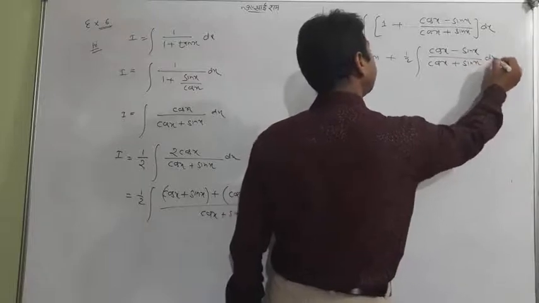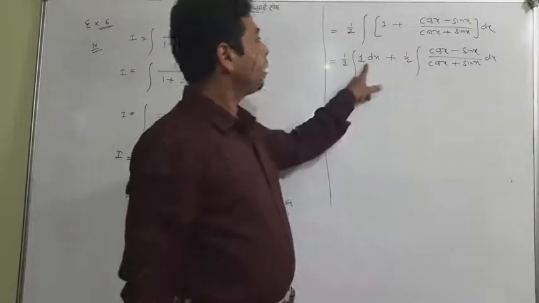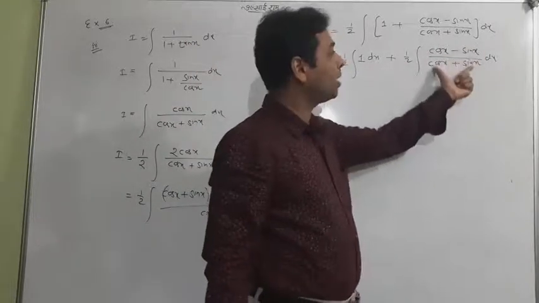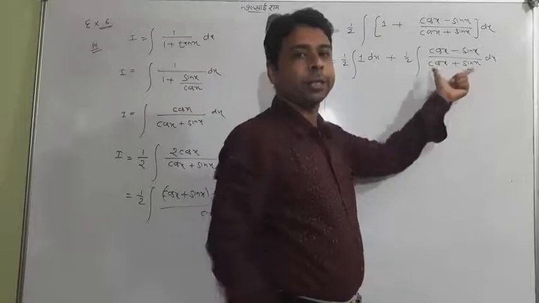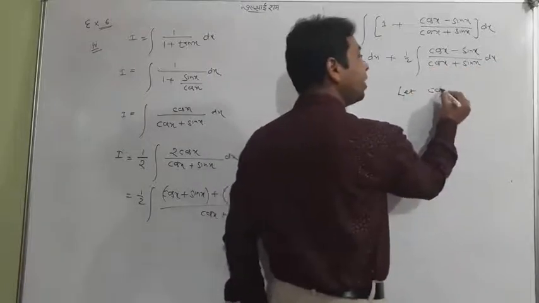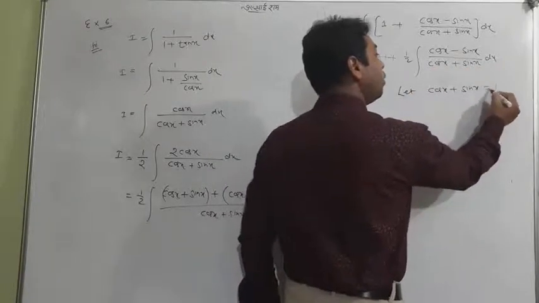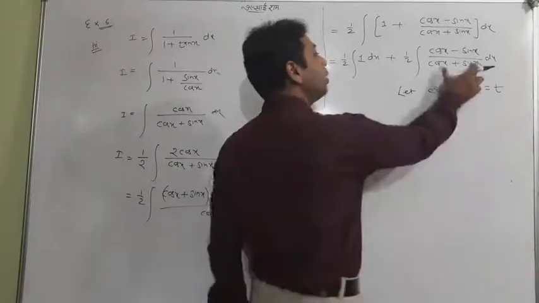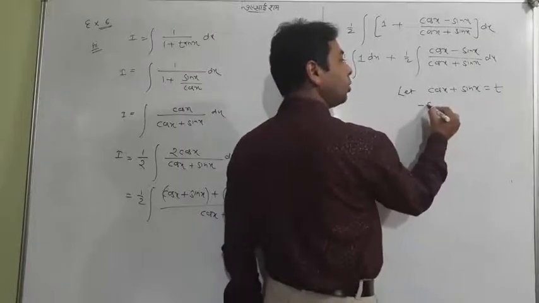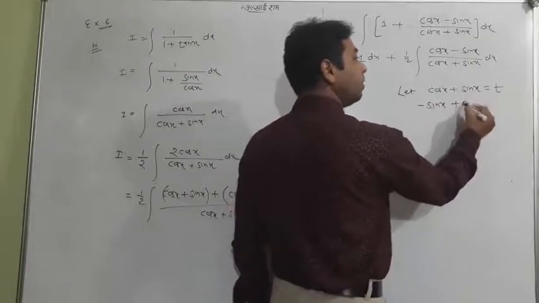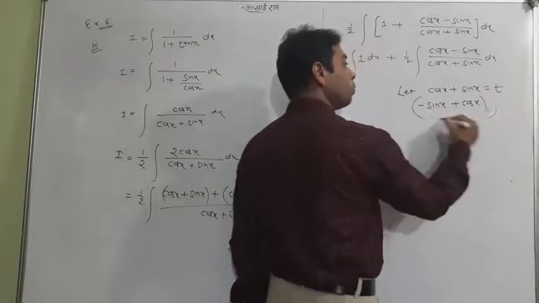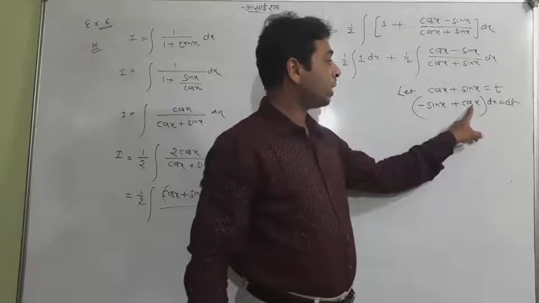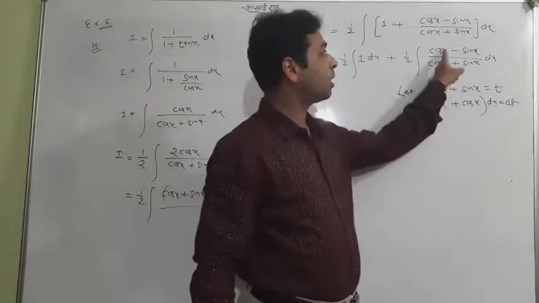Now students, you can simply integrate 1 dx is x. Now how to deal with this question? You consider t as its denominator. Till now you have known the method of substitution. When you consider t, what to do? Denominator equal to t. Cos x has a differentiation minus sin x, and sin x has a differentiation cos x. Then dx equal to dt, and one major thing is that cos x minus sin x dx is the same as the numerator.